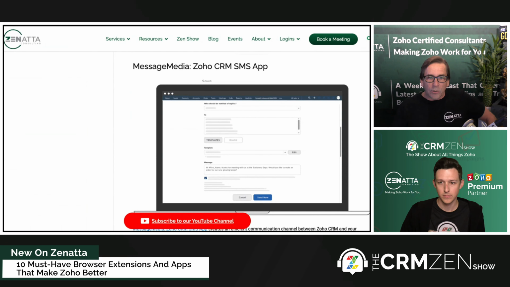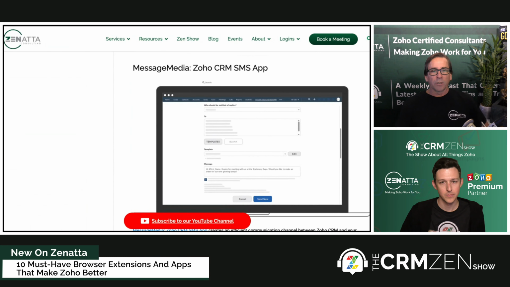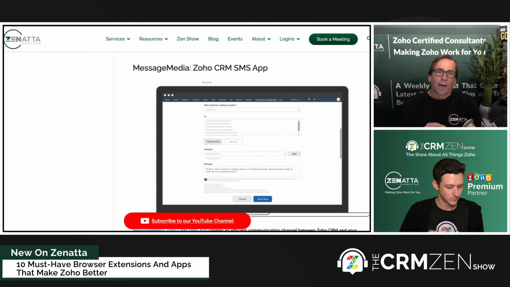But this is one of the best ways to do SMS inside of Zoho CRM, and worth taking a look at. We found out something interesting talking about Message Media here, Tyler. I had no idea. We've been looking for a long time around how do you have one phone number that you're using for voice over IP and SMS? And it's been difficult. There's an app around Ring Central that you can get, but we really like the way Message Media handles things. And little did we know that it is possible.